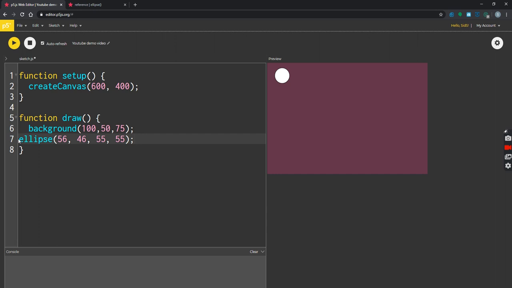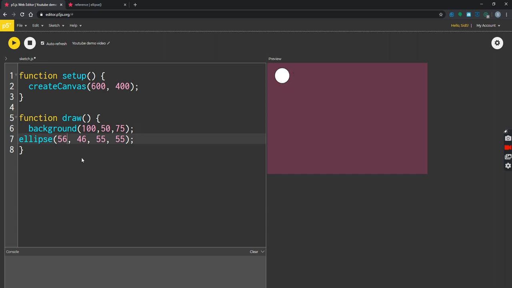Now remember, you can actually play around with your shapes and see. Now, what does this mean? It means ellipse at 56. So 56 is somewhere around here. This is actually way longer because this goes up to, I believe, 229 or was it 329 or 220? One of those anyway. So it says 56 here and 46 this way. At this point, this is like the top left corner. Ellipses are generally round. This isn't a straight shape, but since we kind of got the shape, we can obviously